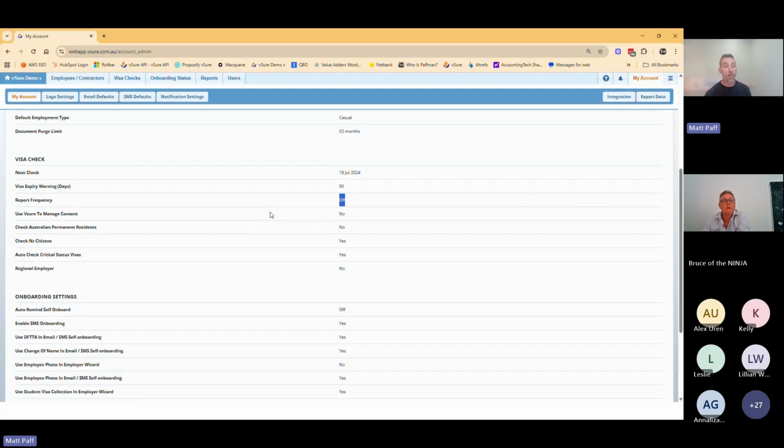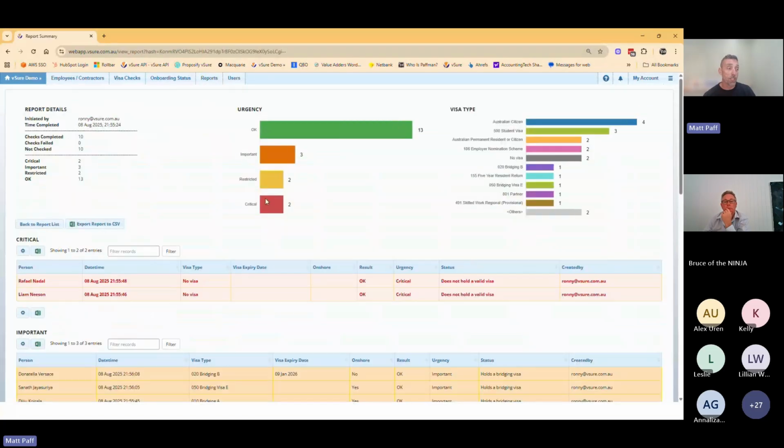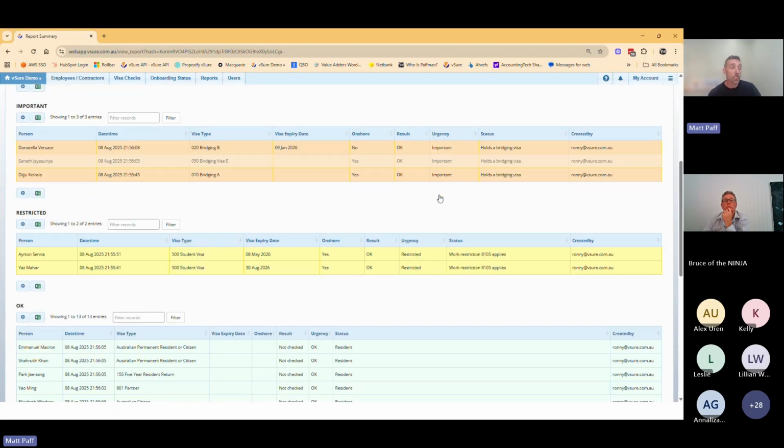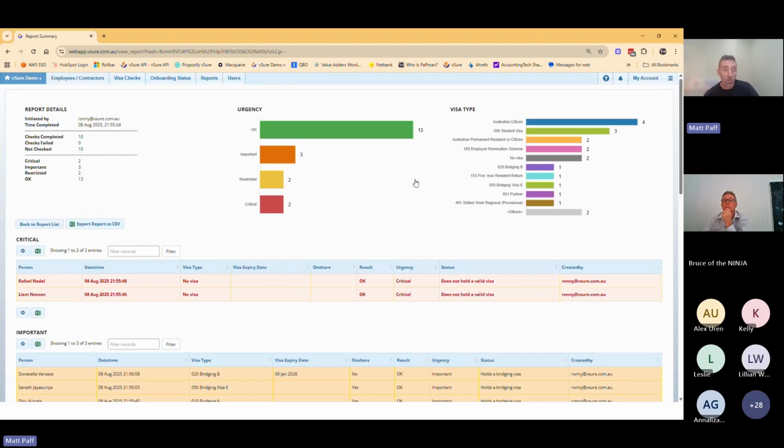In 99% of vSure customer cases, it's a monthly report. And the report is this one, the visa check batches report. Every month for most of you, the system is going to run a recheck of all temporary visas, and it's going to generate this particular report, which is the status as at a point in time of all of your visa holders and workers in the system, and effectively what their right to work status was as at that